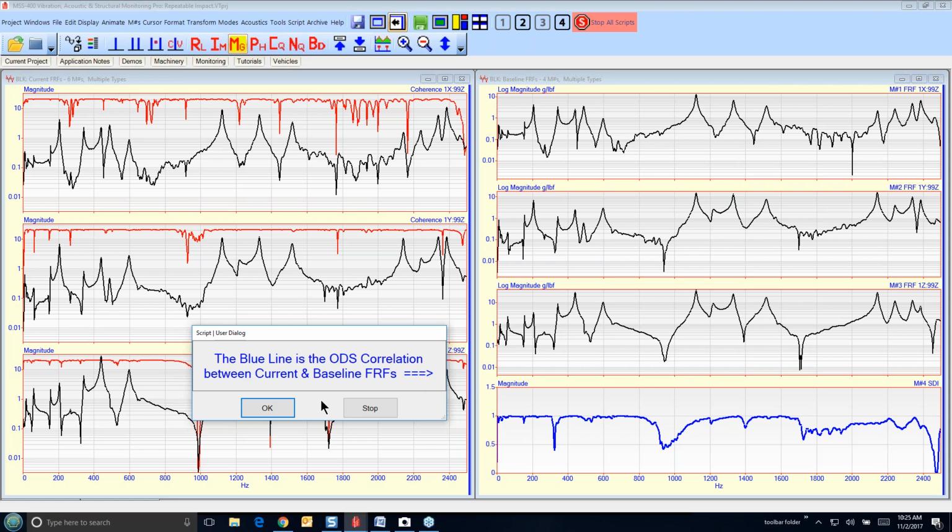In other words, it correlates well with a baseline set of measurements that you've taken on that same machine. So in a route-based program, you'd be taking data, let's say on a weekly basis or a monthly basis.